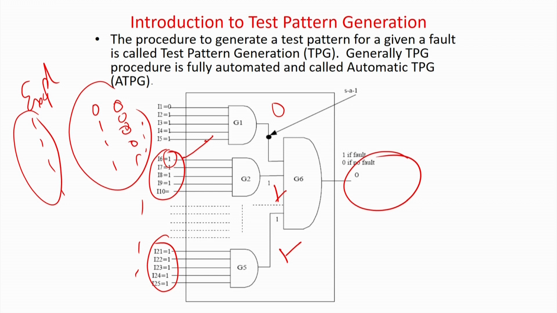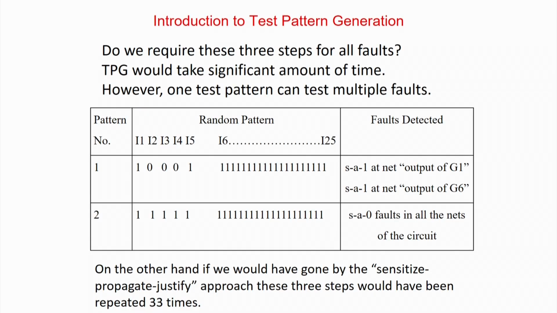But again, one important thing is that for some faults there cannot be any test patterns. In that case you will keep on iterating and finally declare that there is no test pattern to test that fault, and that fault is basically a redundant fault. But there are some stray cases and not much emphasis in this course, because these things are well elaborated in any standard digital testing course. The idea is that sensitize, propagate and justify is the approach to generate a test pattern, but sometimes there can be conflicts, in which case you have to reiterate and find a new test pattern. But for some faults, even after a lot of reiterations, you will find that no pattern can test them, and such faults are called non-detectable faults. So, this is the 3-phase algorithm.